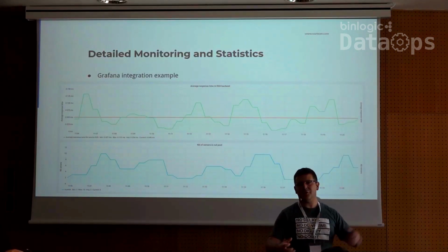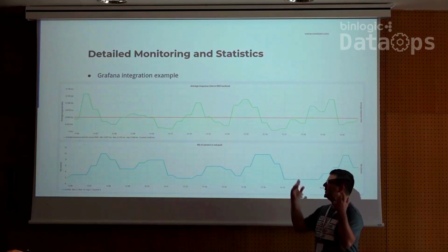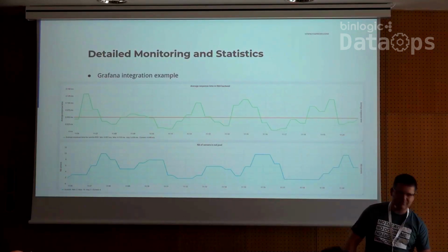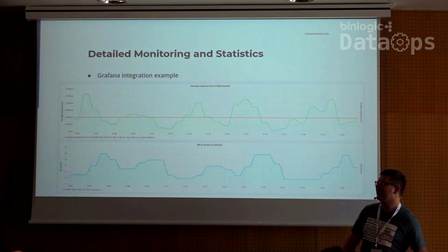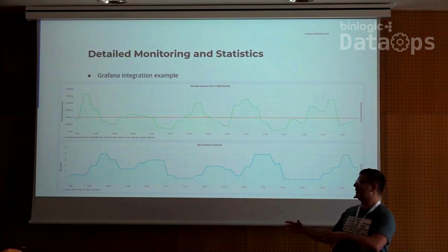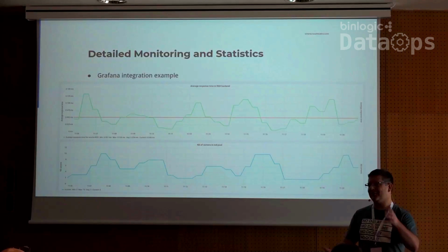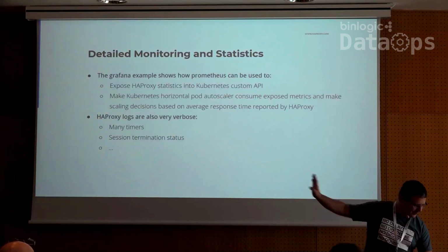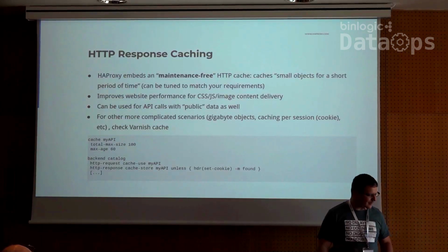Just plug Prometheus, HAProxy, Kubernetes all together. Let the magic happen. So there will be a blog article about that because it's not that simple to configure, to be honest. Well, HAProxy, Prometheus, etc. will be quite simple, but the integration within Kubernetes, it's a fun story. That's the explanation of the Grafana graph.